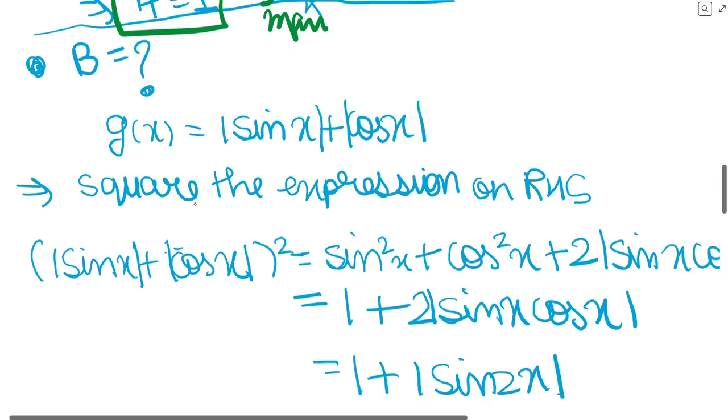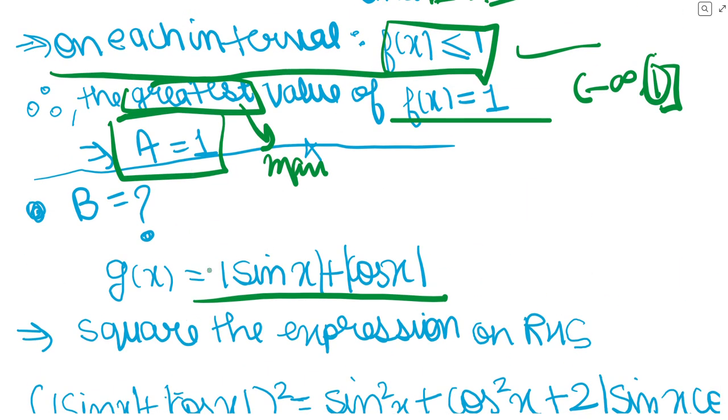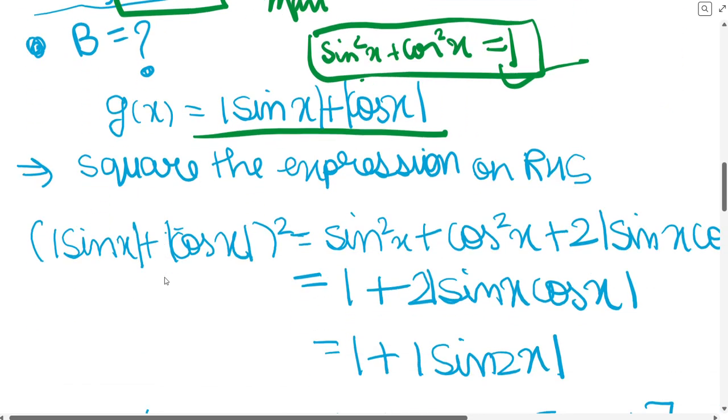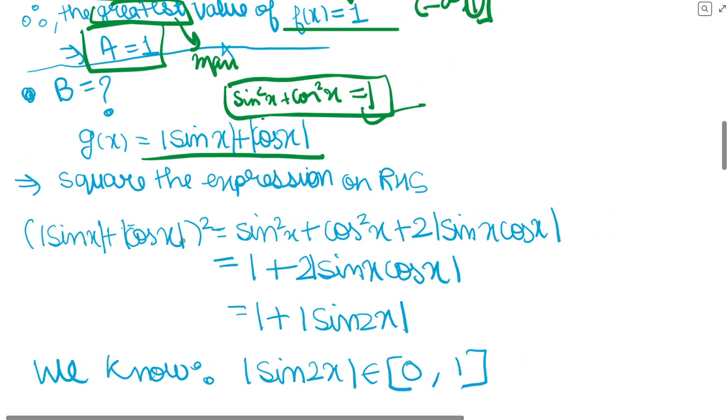So now we have to find b. Let's come to our g(x). So g(x) is mod sin x plus mod cos x. What we can try to experiment with here? Whenever sin x and cos x come together, that too in addition, we try to think of sin square x plus cos square x, because we know there is an identity where it is equal to 1. We somehow try to make it into a constant because we don't like to deal with modulus all the time, right? So we are just going to square this thing, and we are going to ultimately find that